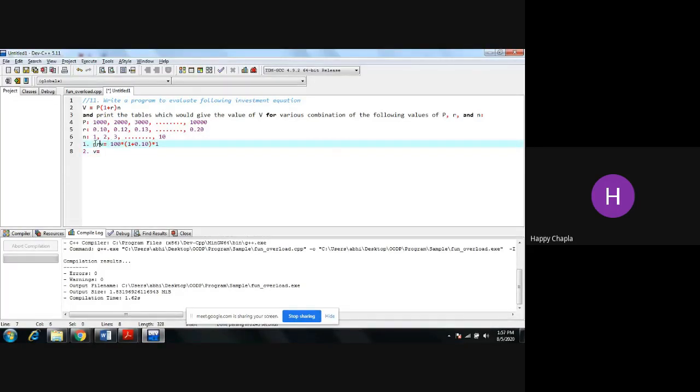You need to print the value of V. The value of P is not 100, it's 1000. The second time, the value of P is 2000 multiplied by (1 plus R), where R increments from 0.10 to 0.12, and multiplied by N, which is now equal to 2, right?